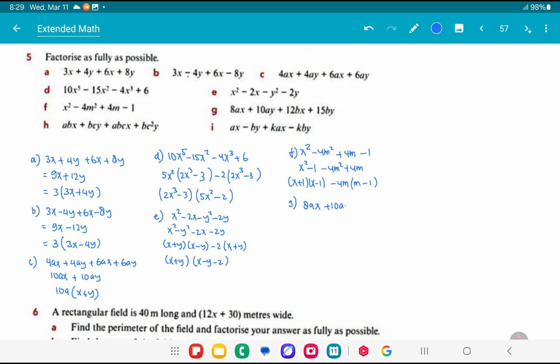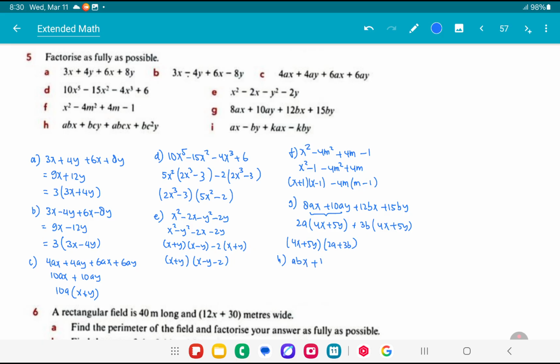8ax plus 10ay plus 12bx plus 15by. So we factor this by dividing by 2a, we get 4x plus 5y. We divide both by 3b, we get 4x plus 5y, and then we factor out the 4x plus 5y with 2a plus 3b. And then question H,